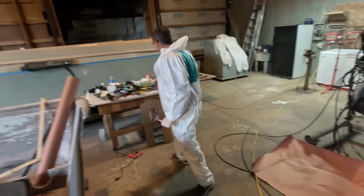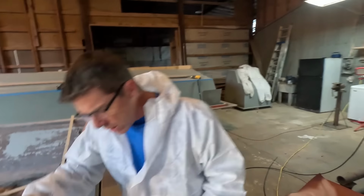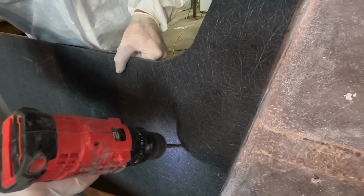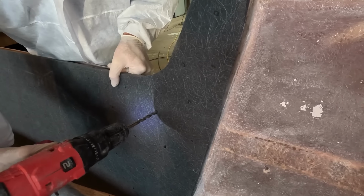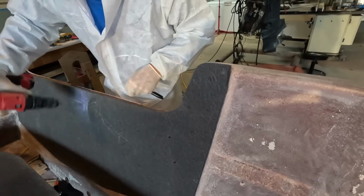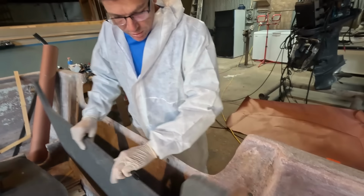And generally, now that's probably a little bigger. I believe that's about a 5/16 or so. I would normally go with like a 1/4, but what I like to do is start it flush and then turn at a bit of an angle and go through there. Same deal, start in, turn at an angle, go right through. And we would perforate this whole panel here so that when you put your thickened putty